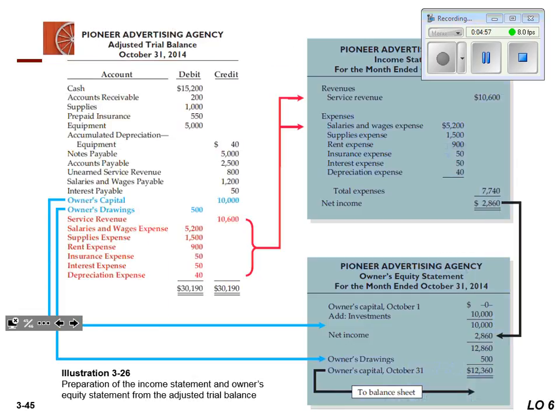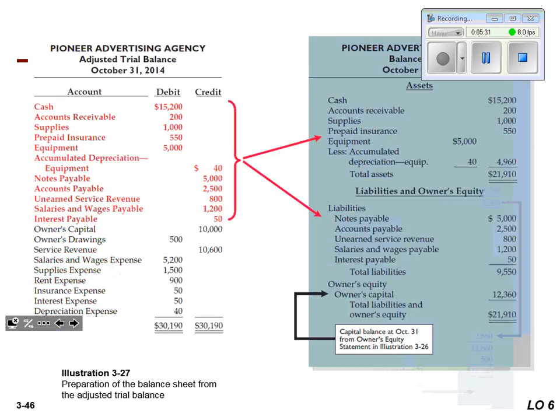This looks really complicated, but basically it's just breaking everything down. Here's that adjusted trial balance we just looked at. I'm not sure if the numbers are the same, but nonetheless, here they are. I love this sheet. It's in your book, but I wanted to give you a printed version so you could reference it and use it. You basically make an income statement and an owner's equity statement, and you're pulling these final numbers and putting them in the correct spots. And then if I go on to the next one, same thing,